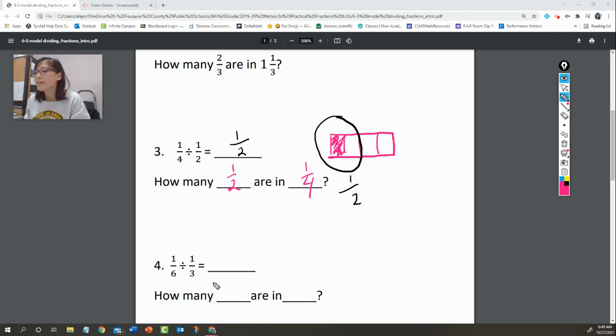It's asking how many 1/3s are in 1/6. So first I want to draw 1/6. That means I'm going to divide this up into 6 sections. And only 1 out of the 6